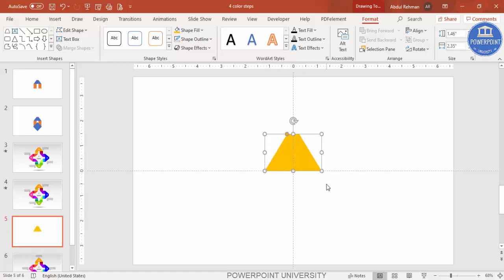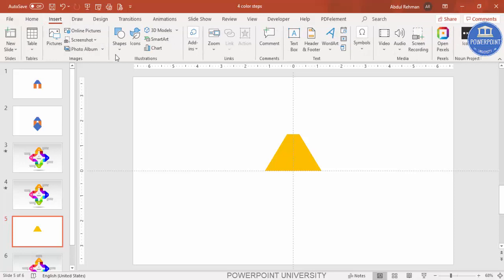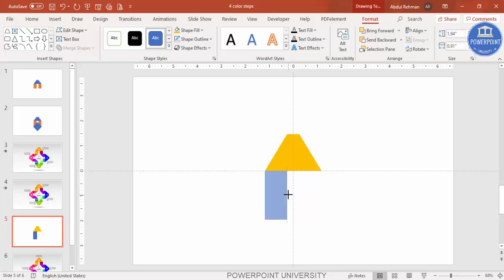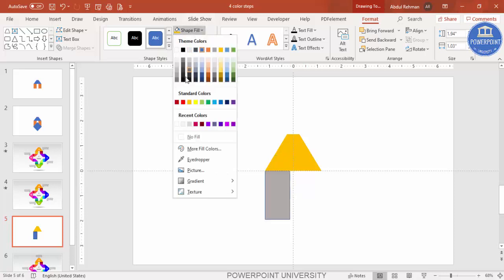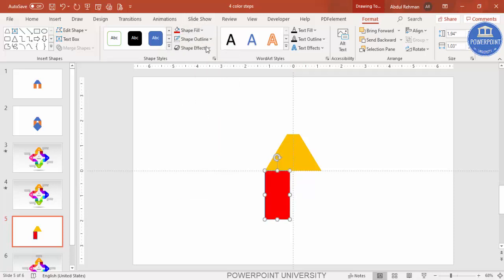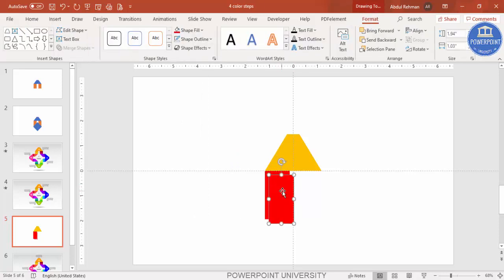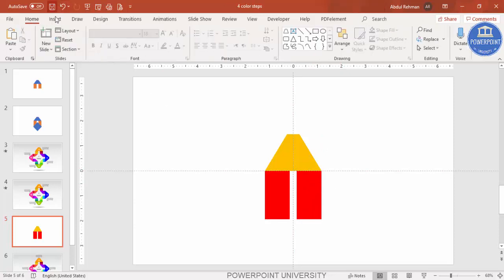exactly on this axis, and then go to insert shapes. I'm going to select the rectangle, draw the rectangle from the corner, maybe this much size. Make sure that you give this much space in between, or you can hold the alt also to get this size, and then you can give some different color, shape outline, make it no outline, and select this, press Ctrl D and add the other side,